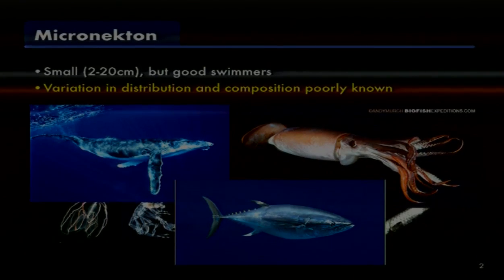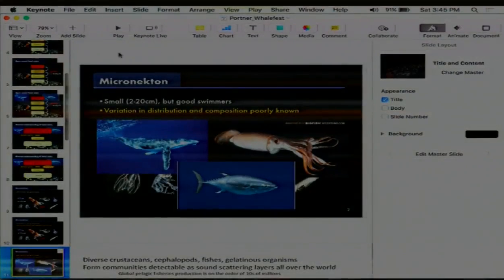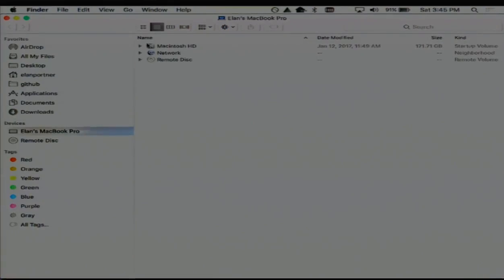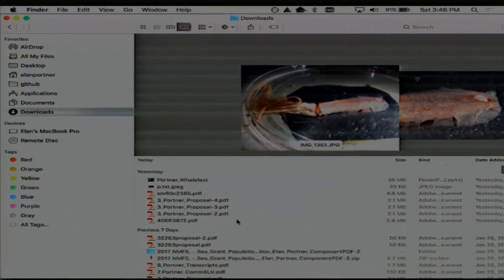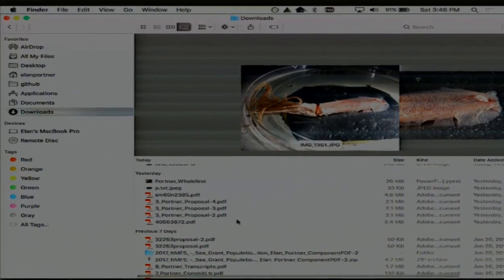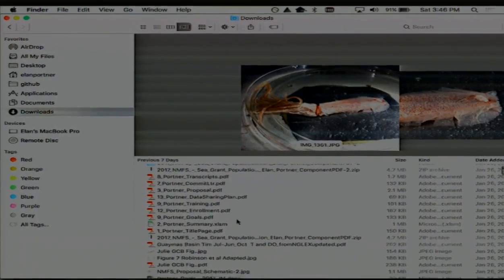And actually, I have a great figure for this that I'm just going to pull up because I just spent some time making this. And it is, so basically we think that